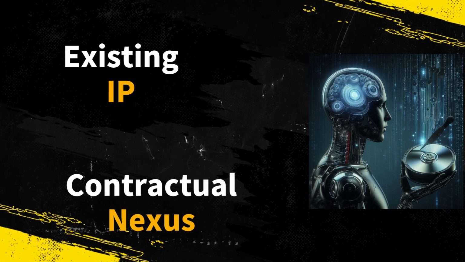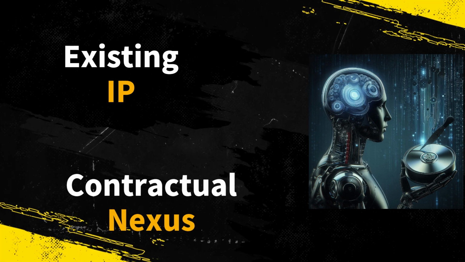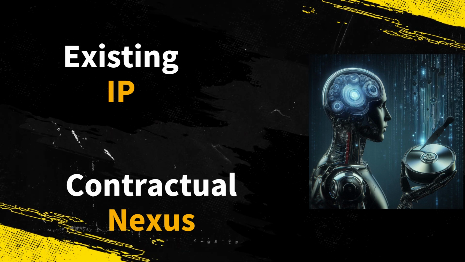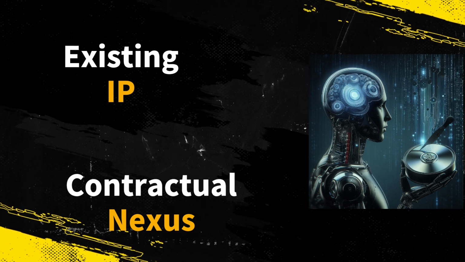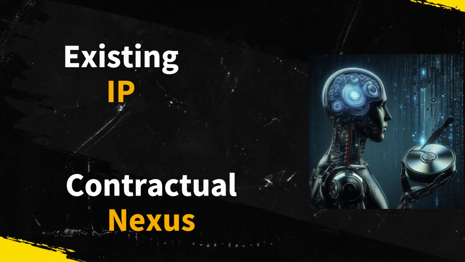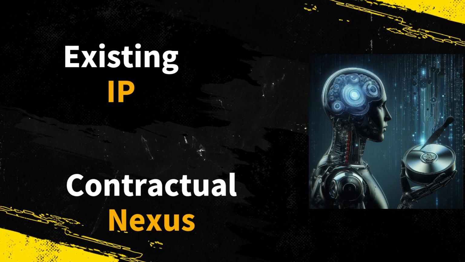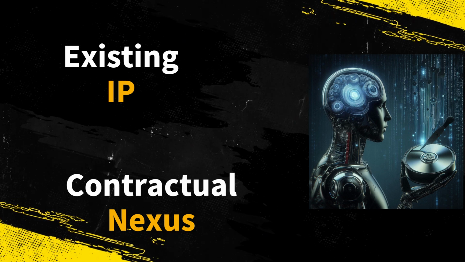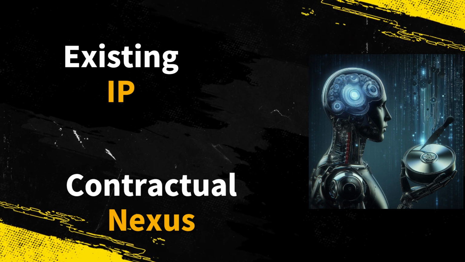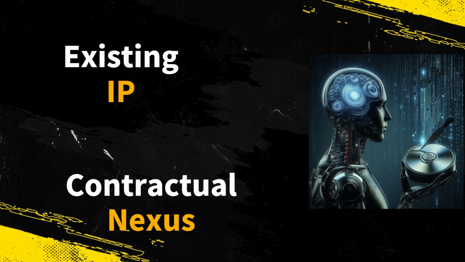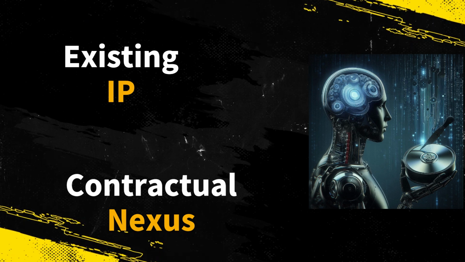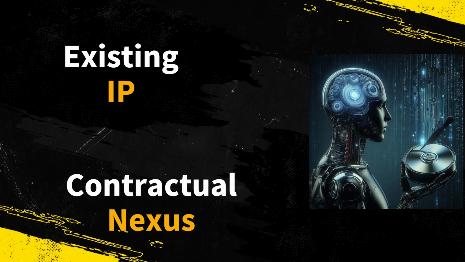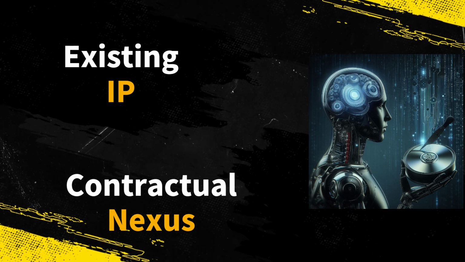Other than existing IP, in relation to data output, we also need to be aware of the contractual nexus. This means that, in the contract with the generative AI model service provider, you would have agreed to a set of do's and don'ts. You need to be aware of the contractual permissions, as well as the contractual restrictions, and abide by them. For example, the relevant contract may allow you to use the data output and display it on your website. However, the relevant contract may prevent you from using the output to attempt to reverse engineer the process, to understand the underlying algorithm, and to develop a competing generative AI model.